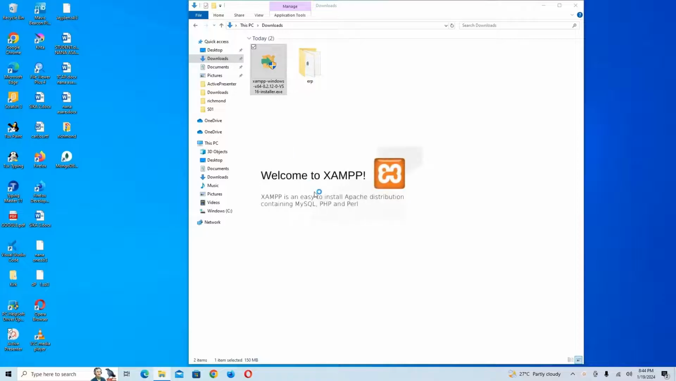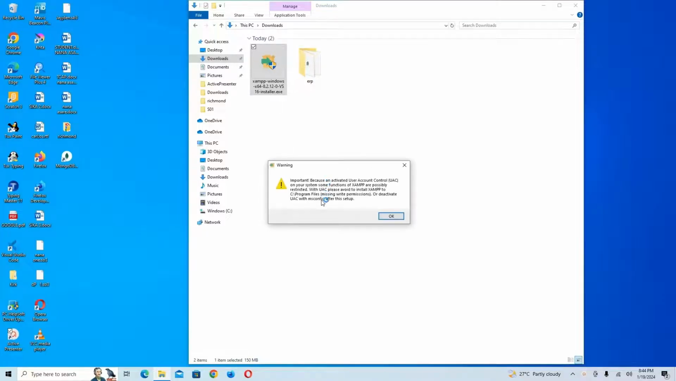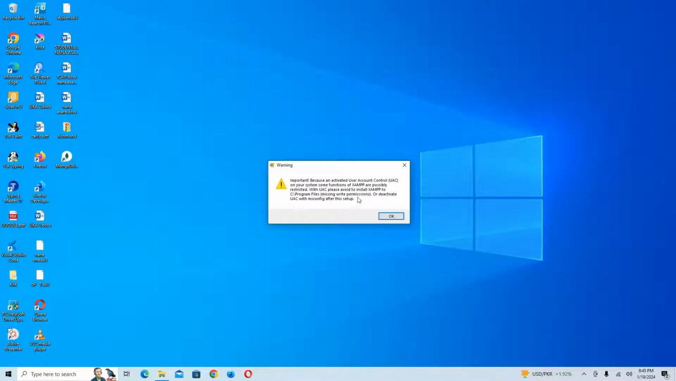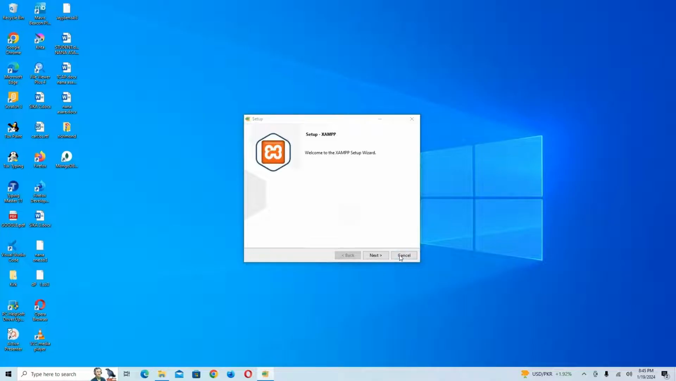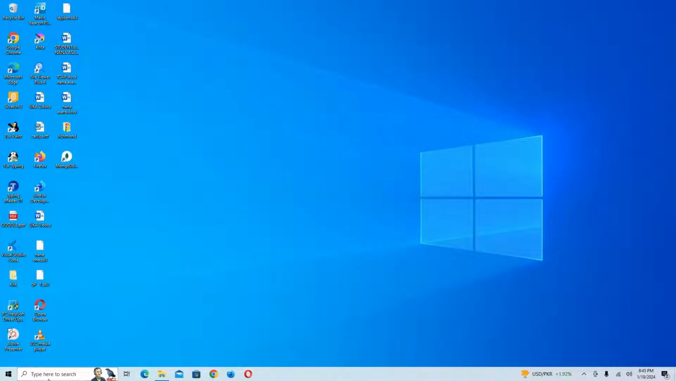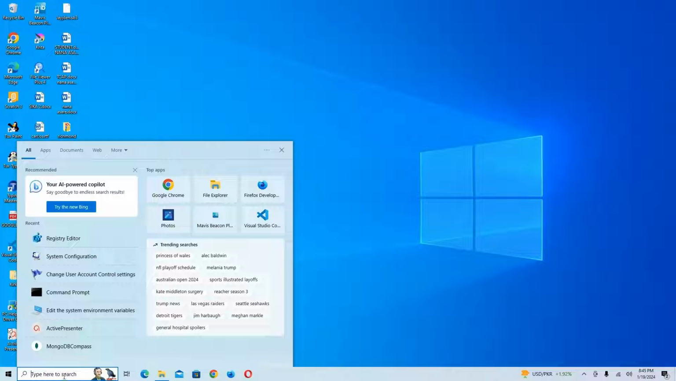To fix this error, there are two ways to do it. So I'm going to click on OK and Cancel. Do you want to abort the installation process? So we can put yes. So first, one way to do it is